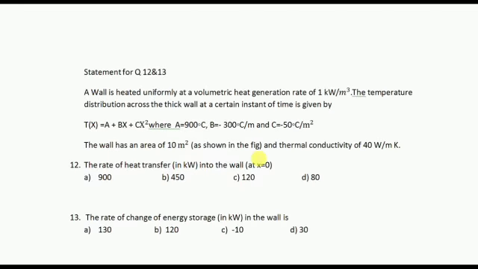Now coming to the next question. Here you have to be very careful. While seeing the question itself, they have given some instant of time. Now read the question. A wall is heated uniformly at a volumetric heat generation rate of 1